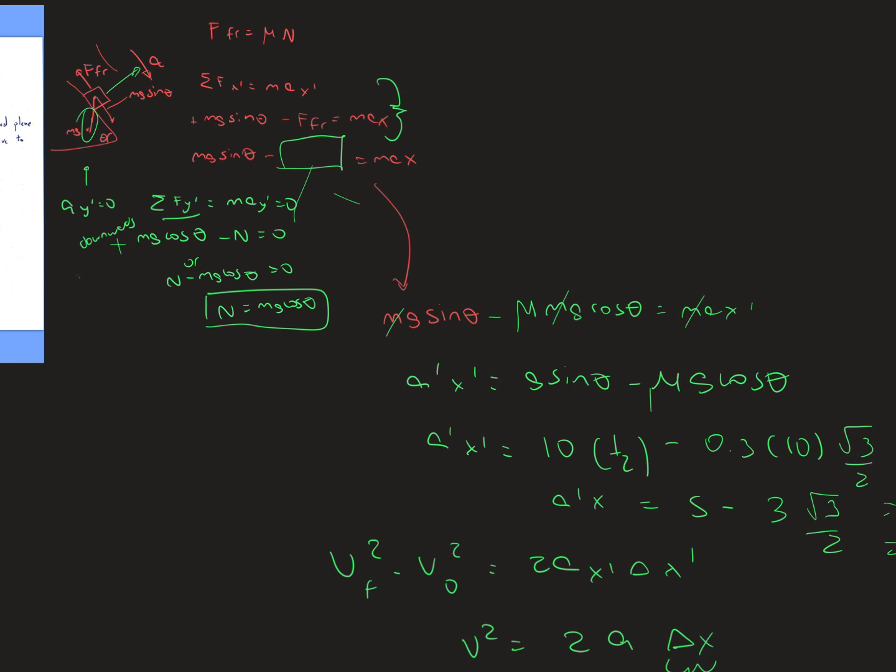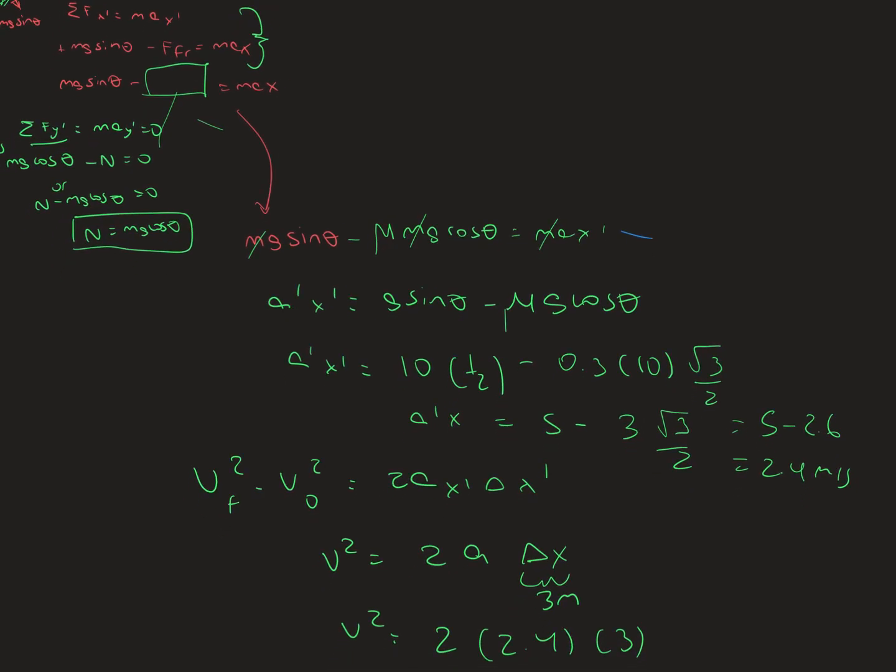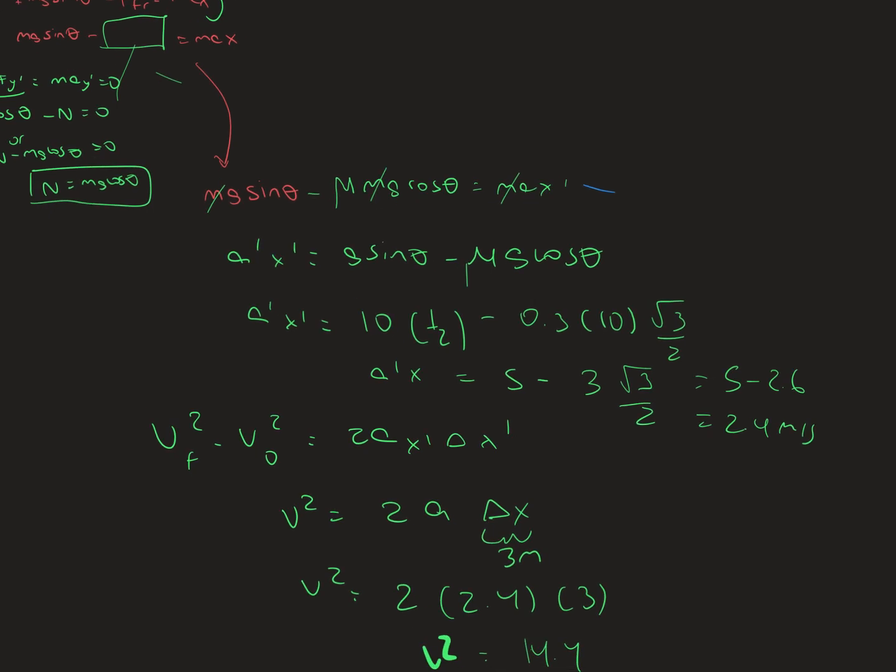Now we can go back to the first equation, and now that we have the value of what goes in that little box, we can complete the equation and write down the following right here. Then we can cancel out the mass, and we can solve for a prime x prime. As we plug in the values, we end up having the acceleration in the prime direction of x equals 2.4